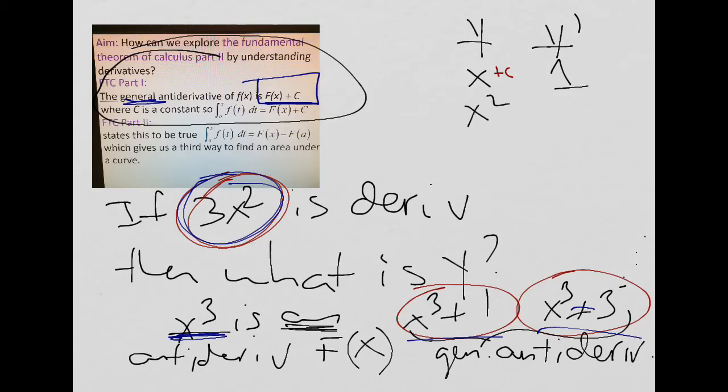X squared, y prime would be 2x. Okay, x cubed, y prime would be 3x squared. Again, a constant does not change any of these answers in the table. Okay, so